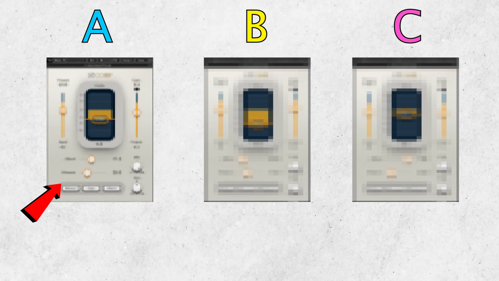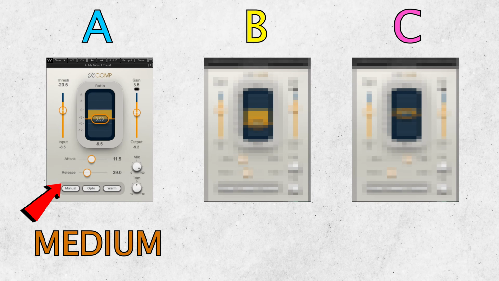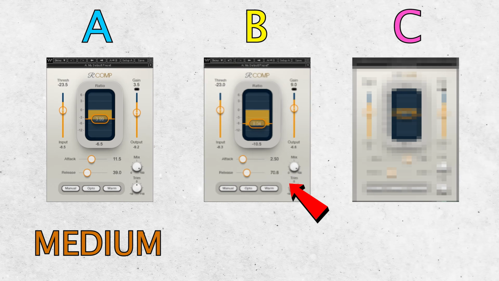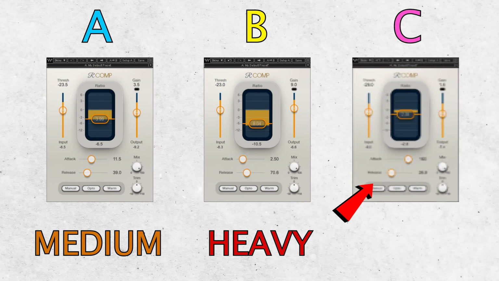Well, if you liked A, that means you prefer the medium compression style in this example. B, on the other hand, was the heavy compression style. And C was the light compression style. Of course, everyone's gonna have their own preference, and I'm not gonna lie to you, the material itself will greatly dictate which compression style you prefer, as well as some compression styles are better suited to certain styles of music